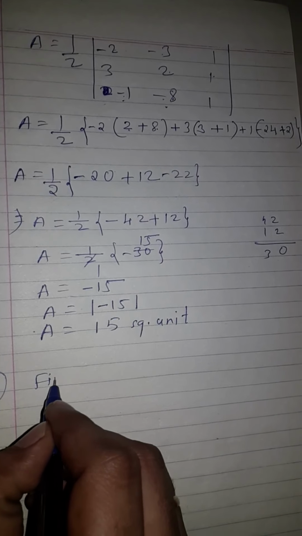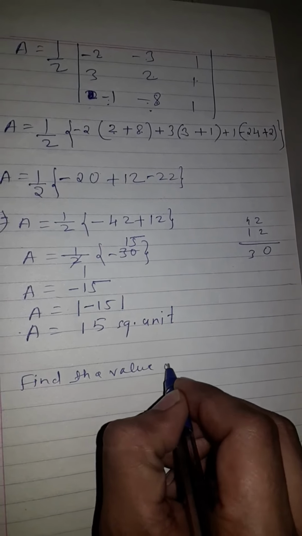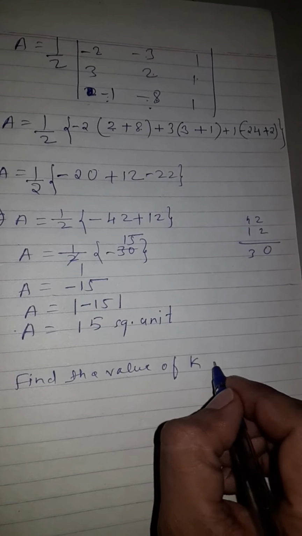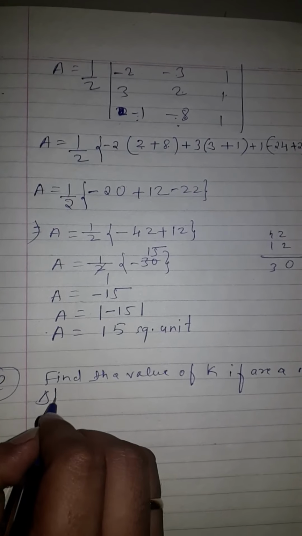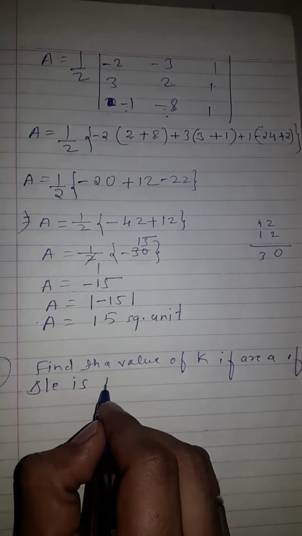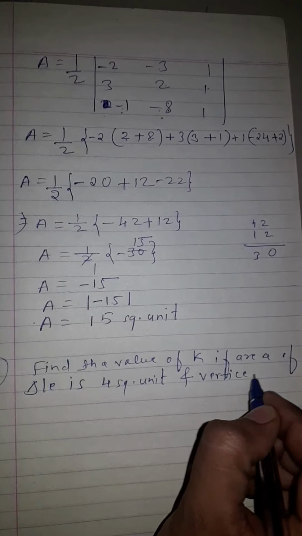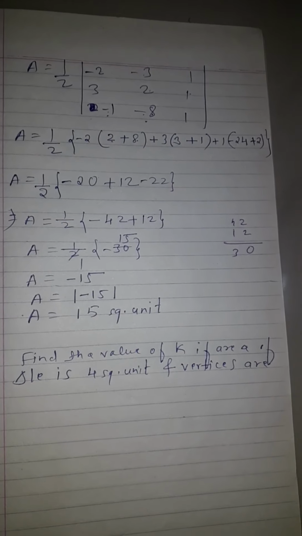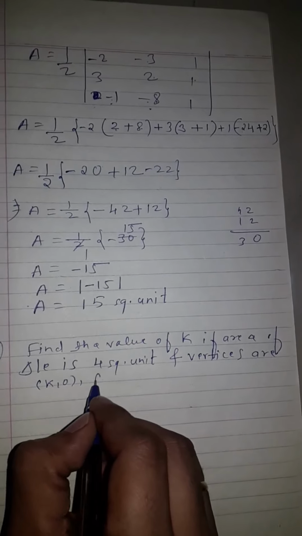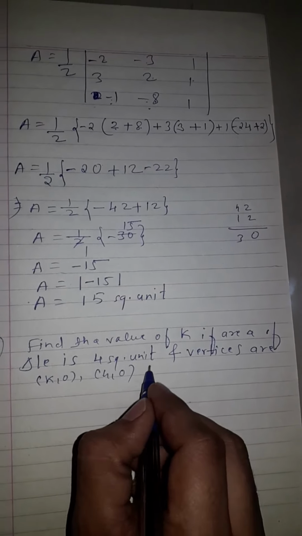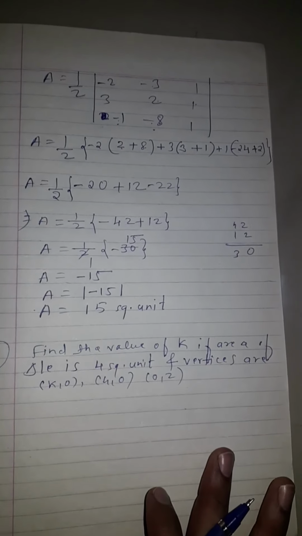Okay, now next question: find the value of k if area of triangle is 4 square unit and vertices are (k, 0), (4, 0) and (0, 2). So here area is given and vertices are given, then you have to find the values of